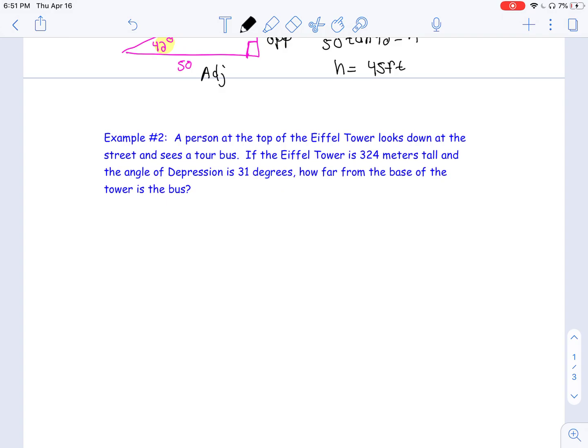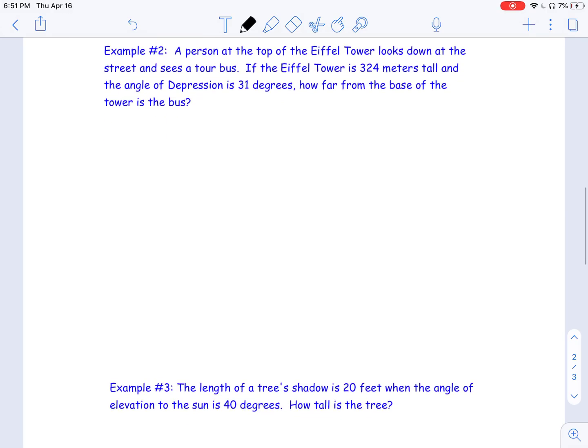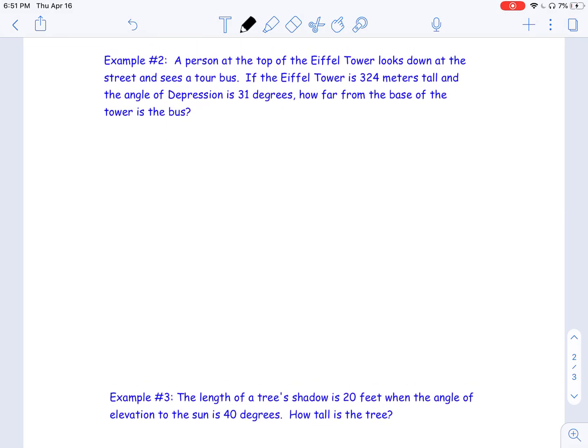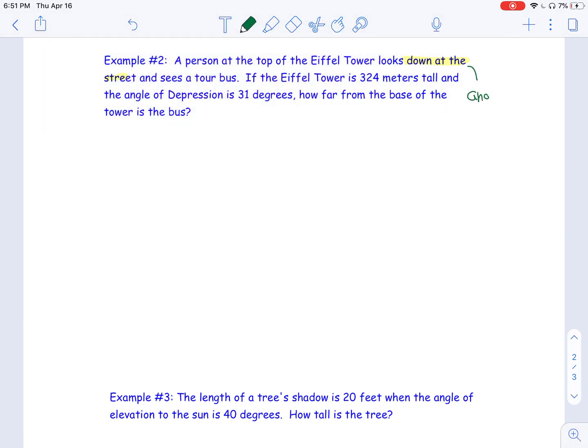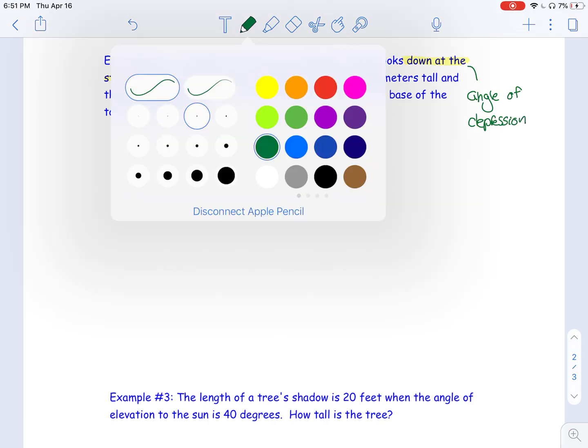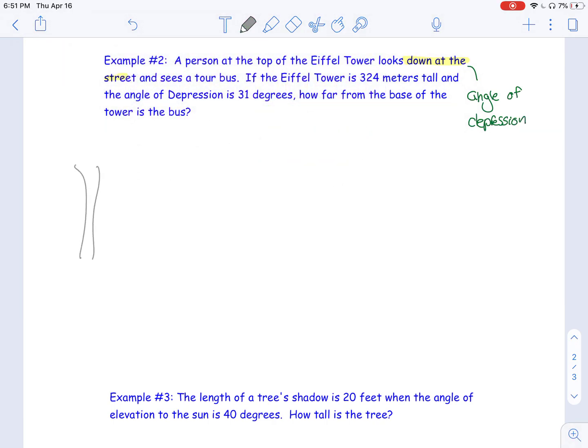Let's do one more here. So this one is talking about a person at the top of the Eiffel Tower looking down. So when I see looking down, I'm thinking angle of depression. So if I draw it, like I said, it's super important to draw your picture. So let's say this is my, well, that's a bad Eiffel Tower. Let's do it like,